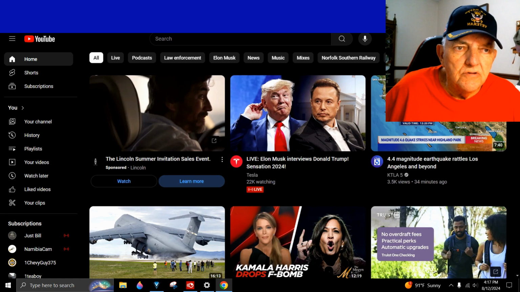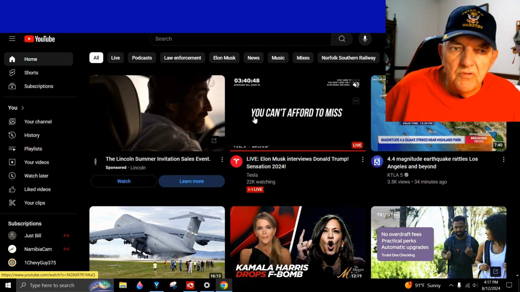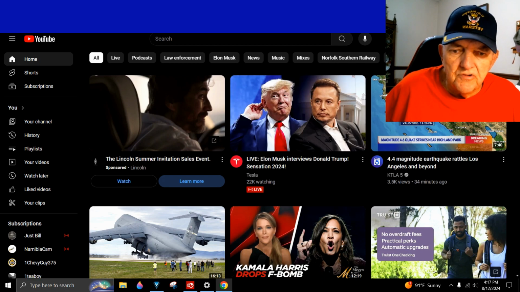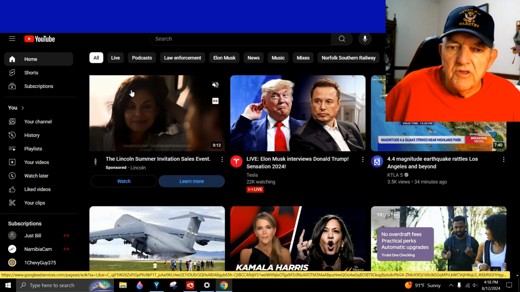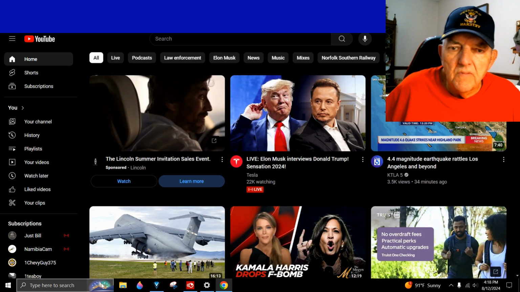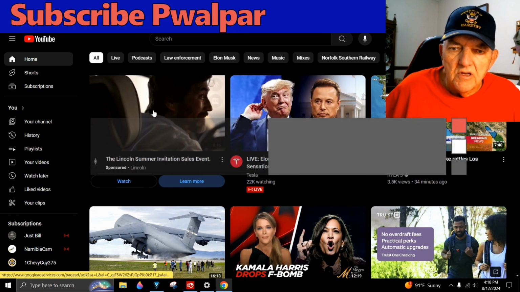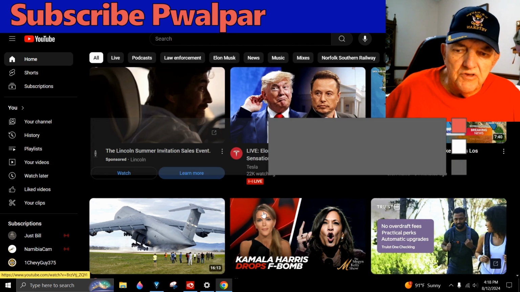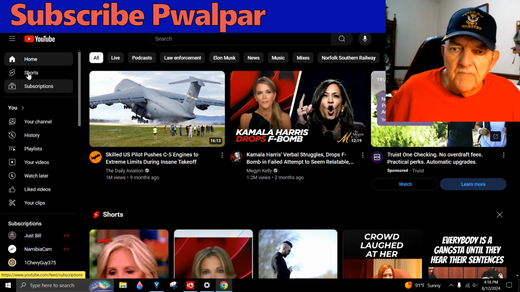I've got an extension added to my Chrome to keep it in the dark mode. I don't know if it would stay in the dark mode without turning on the extension or not. I've got them both turned on. But you see, I'm looking at YouTube right now. Well, we'll find out. I'm looking at YouTube right now in the dark mode. I can very well see the various videos here that are available for me to watch, and I don't have the bright